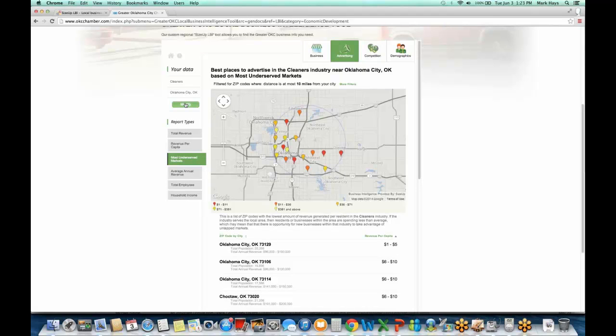But there's many, many industries in our system. We have more than 93% of every industry in the country, so it's extremely specific. No matter what somebody does in your town, it's very likely going to be in the system. You can add filters on top of this as well. You can make it as specific as you want.